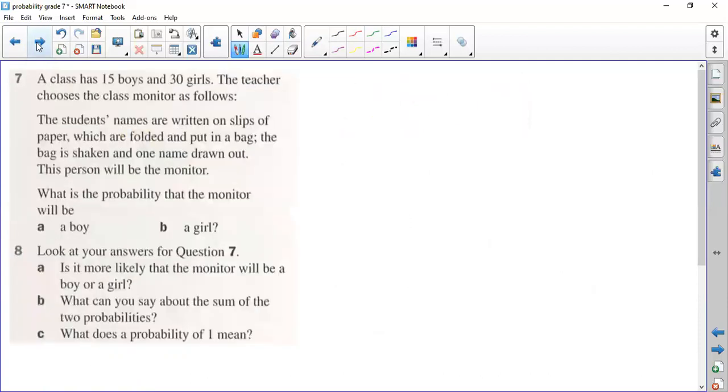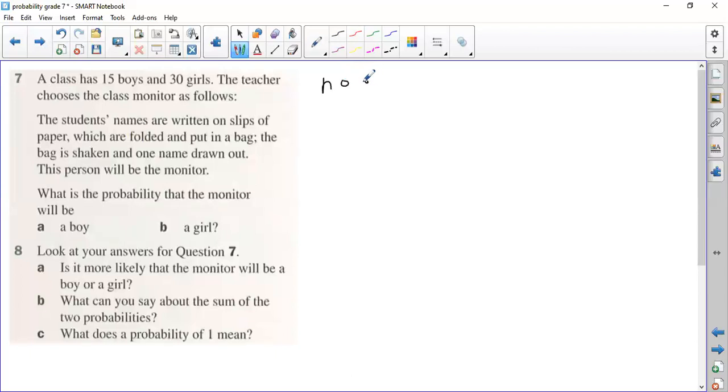Now let's see another example. A class has 15 boys and 30 girls. The teacher chooses the class monitor as follows. The students' names are written on slips of paper which are folded and put in a bag. The bag is shaken and one name drawn out. This person will be the monitor. So what is the probability that the monitor will be a boy and the probability that the monitor will be a girl? To find this, first of all, we have to find the total outcomes,